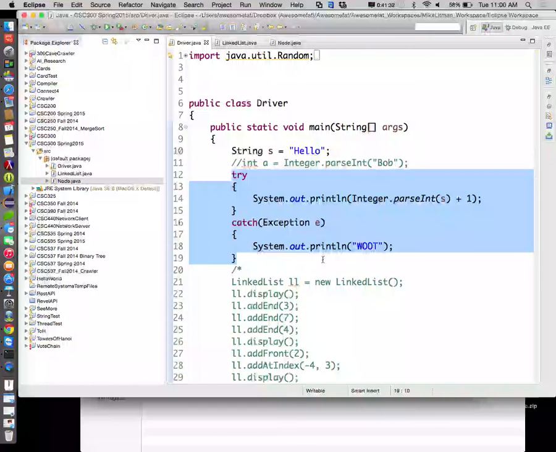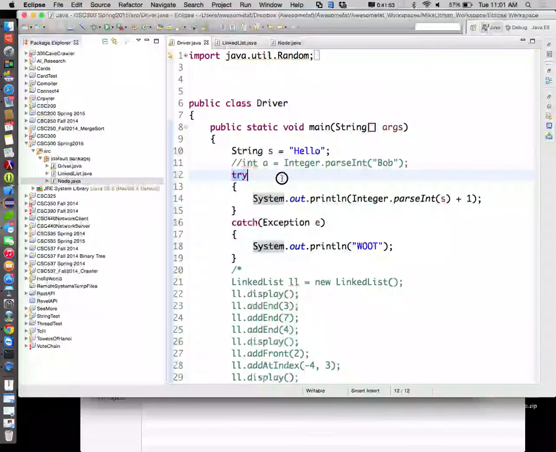Okay, now some exceptions we are required to deal with. Other exceptions we can choose to deal with. Okay, Integer.parseInt would be one of those. It throws an exception, but we don't have to deal with it. That makes sense? And we'll look at that here in a minute. So, now,